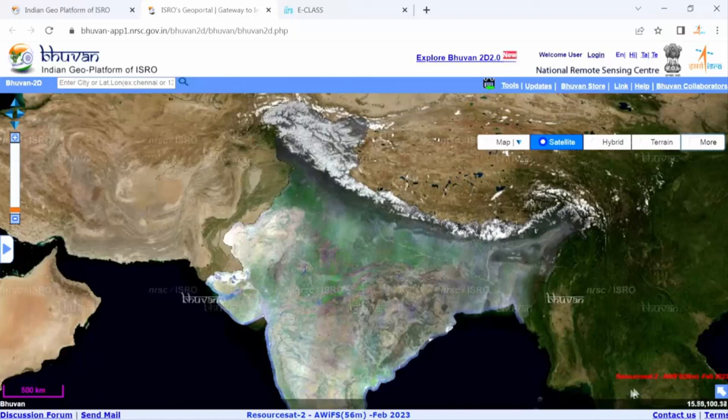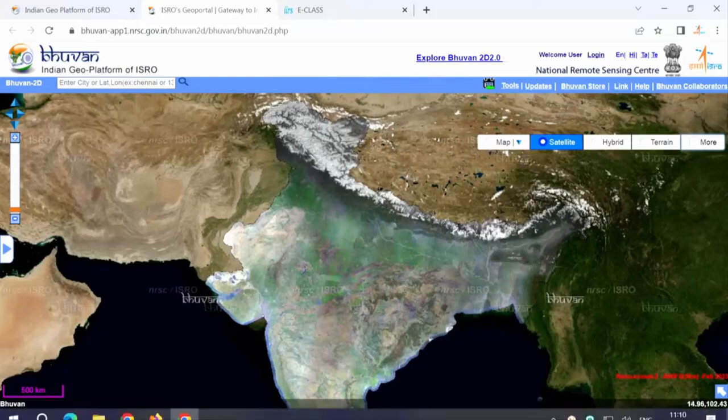This Resourcesat 2 also has 3 sensors. One is called LISS3, one camera that captures photographs at 23.5 meter spatial resolution. That means a 23.5 by 23.5 square meter area on the ground is mapped by that sensor.